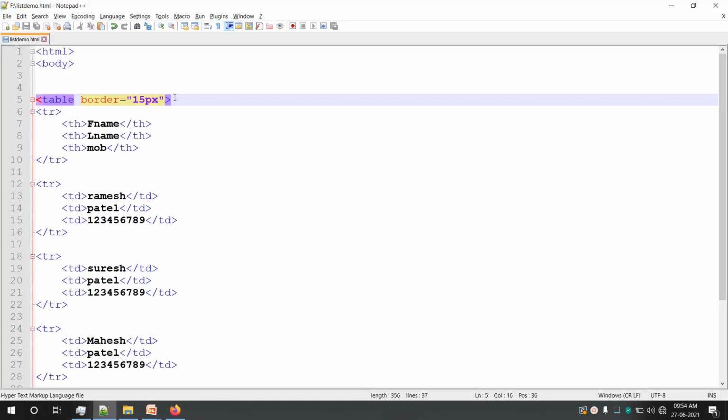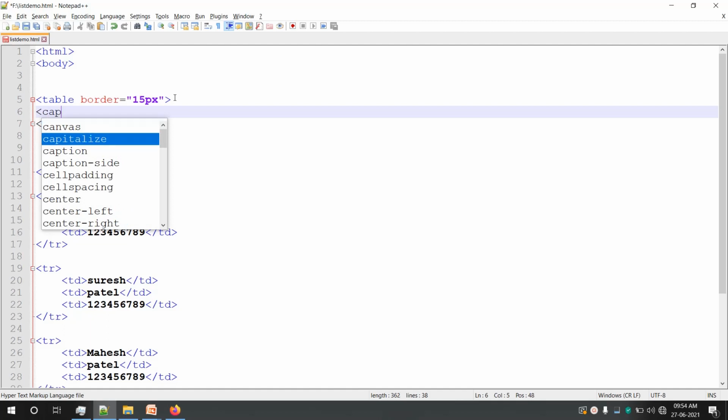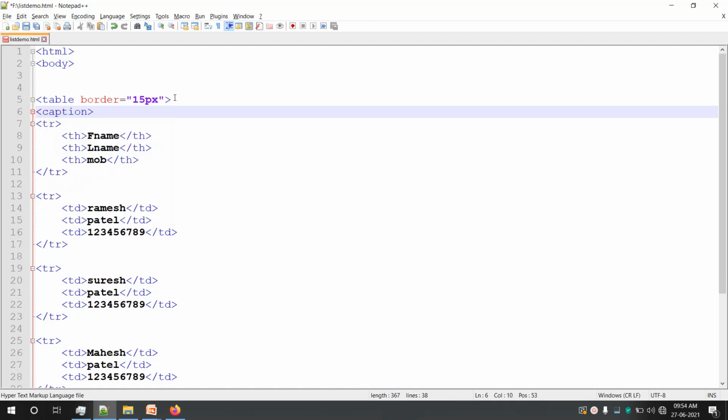Okay, there is one more. I said there is a tag called caption, even that can be used. So caption can be used to give a title to the table. Say I'll say student information.